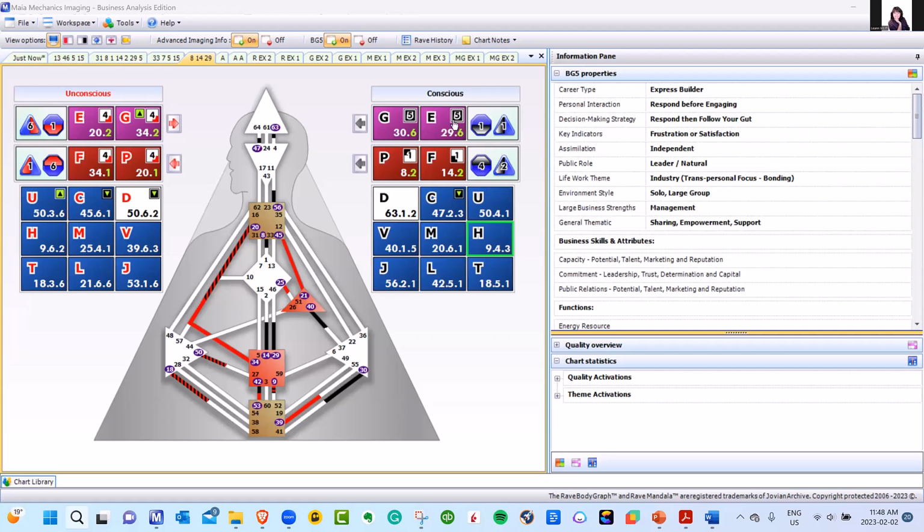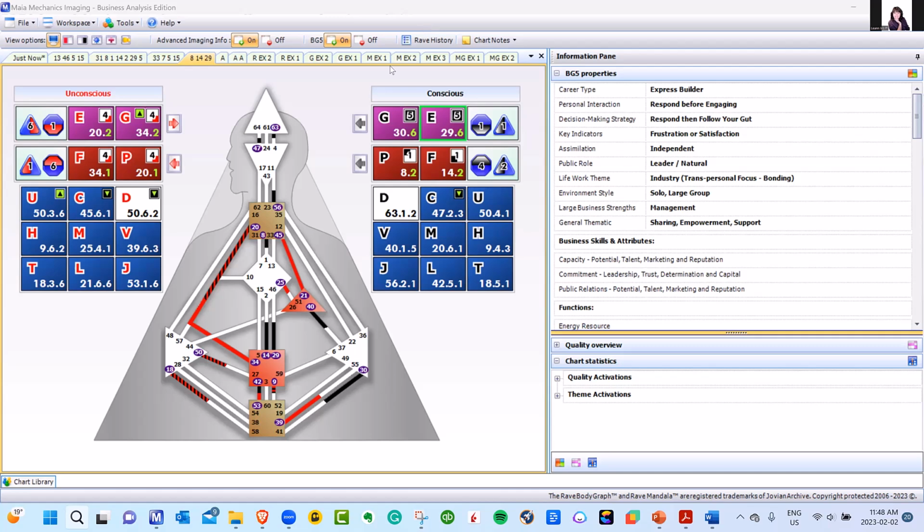All right, friends, we're going to talk about the general thematic so that when you are doing a career analysis for your clients, you will understand where this material is coming from. I don't think I did. I don't believe that it is in any of the PowerPoint presentations. So I just want to take you directly to the chart because it's not a confusing concept in any way, shape, or form. So there's three